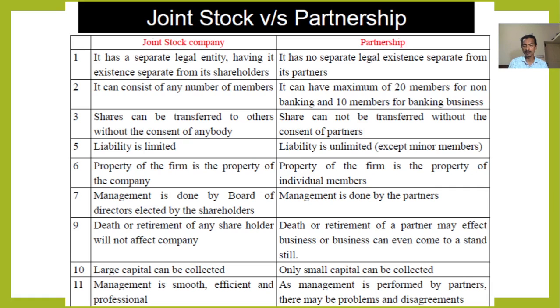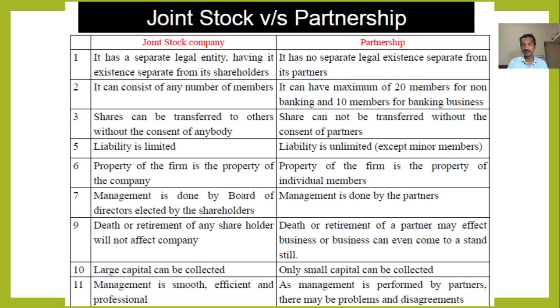The capital is raised by the partners only, among the partners. In case of joint stock company, it has a separate legal entity, having its existence separate from its shareholders. But a partnership firm has no separate legal existence